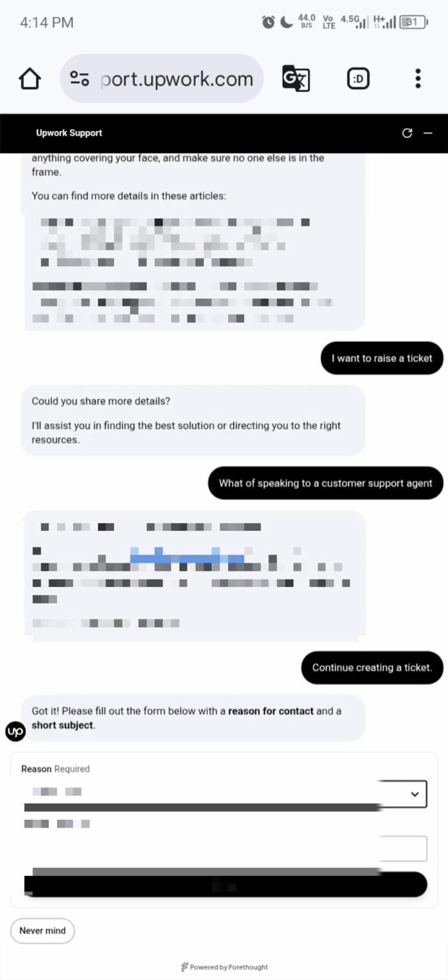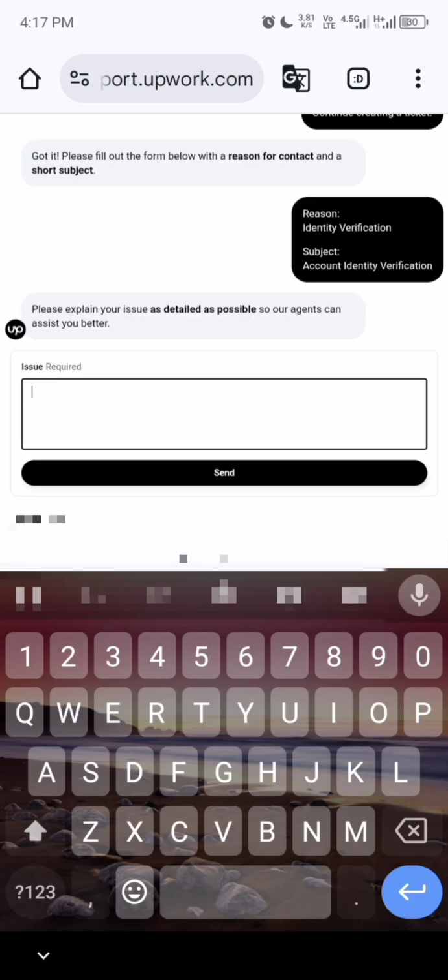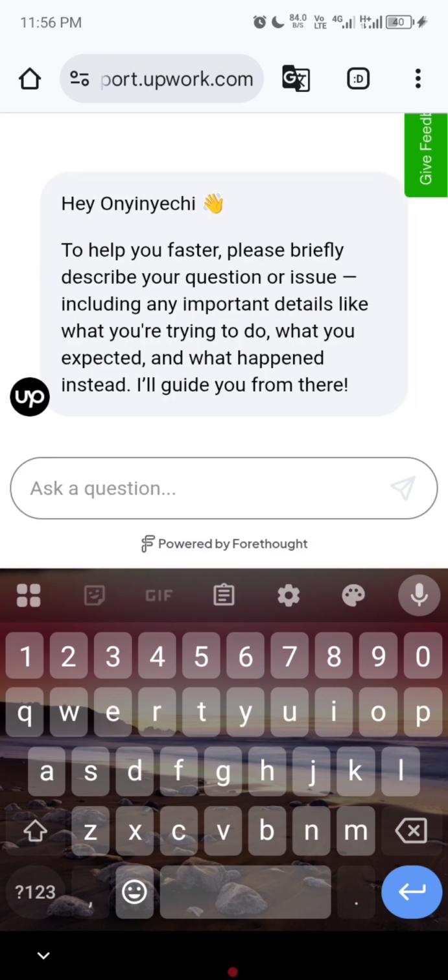after you must have sent Upwork your message, select I want to start a ticket. You'll be asked about your reason. Select, say, identity verification. Please guys, because I've verified this account, I do not think it is necessary to send the Upwork team the need to re-verify my account. And I hope this video would help a long way to get your suspended Upwork account